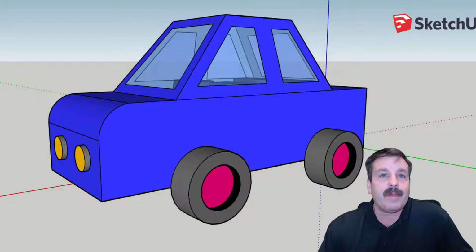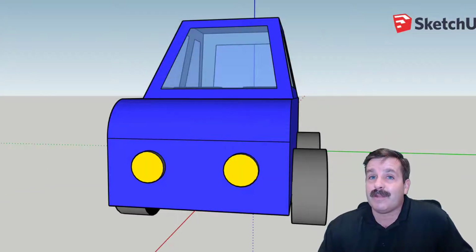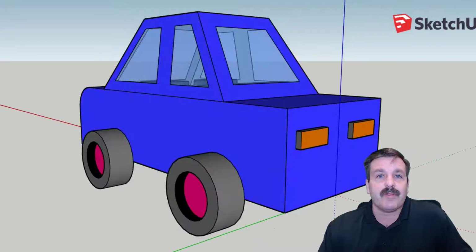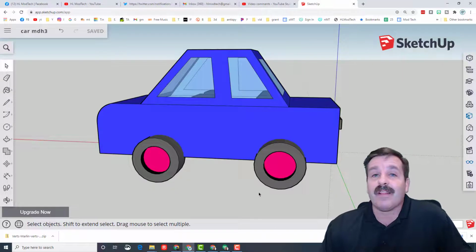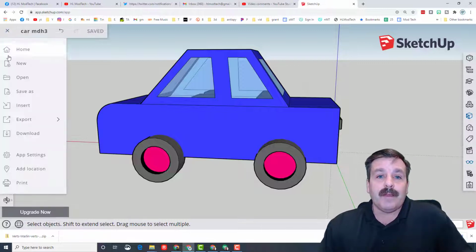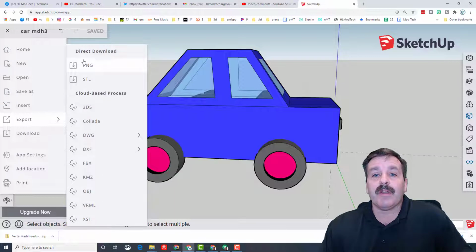We've put a lot of time in it, and hopefully you've learned a lot of skills and mastered a lot of shortcuts. You can still add cool things like a spoiler. You can change anything you want. You can have brake lights, tail lights. You can even add a license plate. I just recommend everything you do, you either make as a group or a component so it's easier to place it where it goes. Friends, if you do make something awesome, don't forget you can export as a PNG,